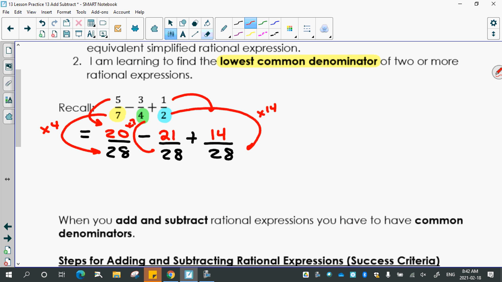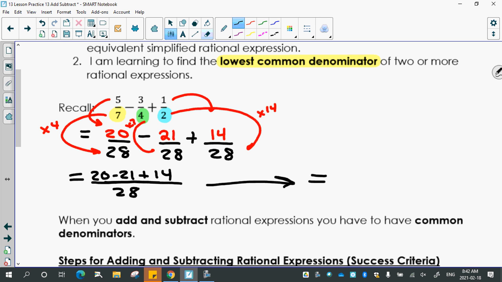Now that you have a common denominator, this stuff you normally wouldn't show with just numbers, but I want to show it because it's going to be really relevant for what we're doing today. Once you've got a common denominator, you just add or subtract the numerators over the one common denominator. And that leads you to an answer of 13 over 28. Then you would see whether 13 over 28 reduces, but in this case it does not. So these are the steps you would go through with just numbers, and they're going to apply to